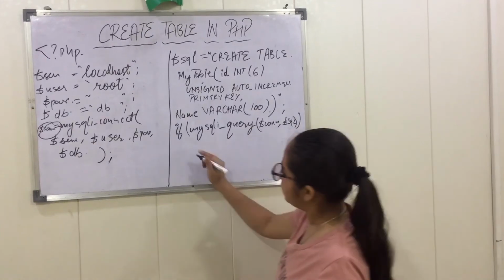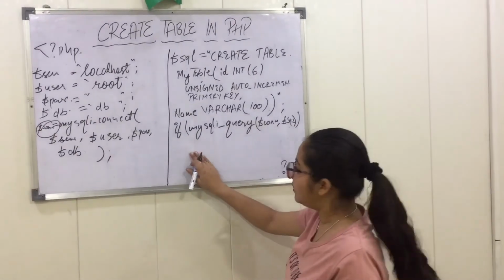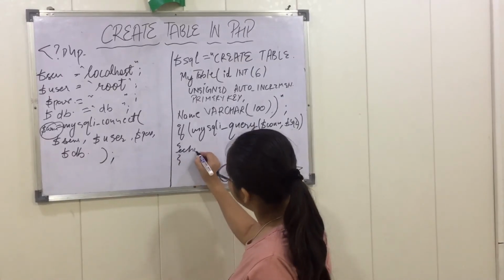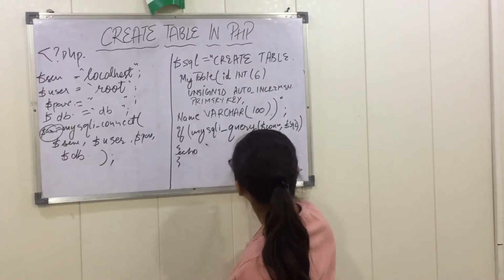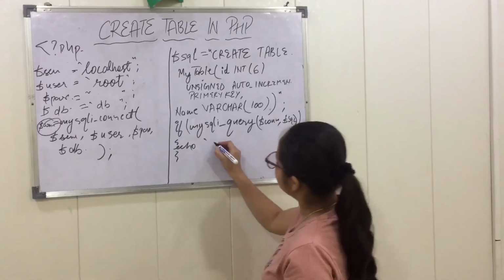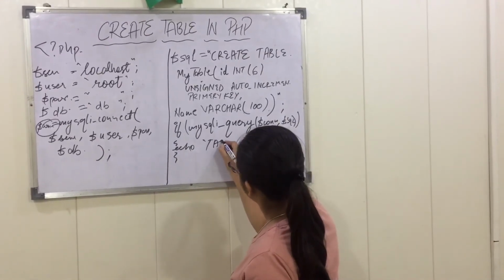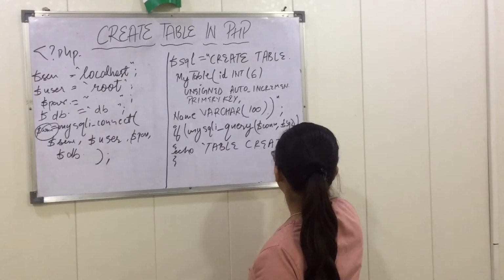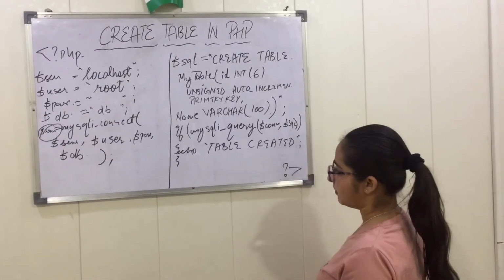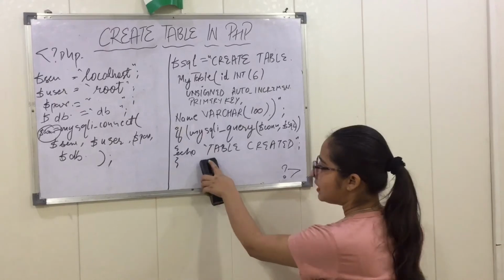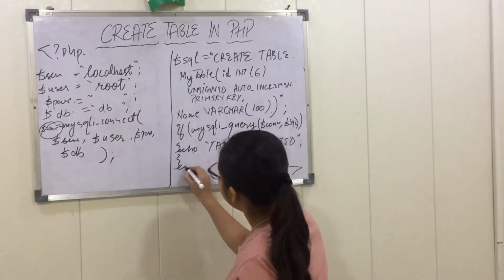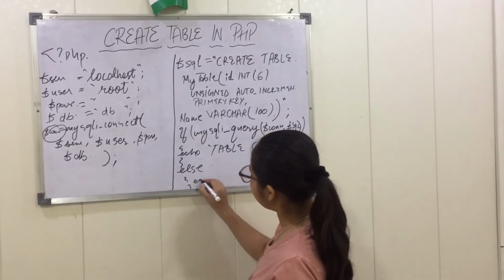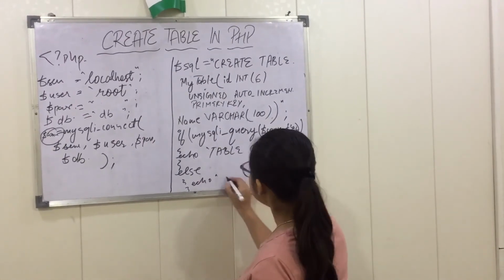So after that we will start the if statement. In between these curly braces, start and end, I am writing echo. So my echo value is "table created". Double quotes closed and then a semicolon. So after that, if this value is false, then the else statement. In between this we will pass the value that is echo, that is error.